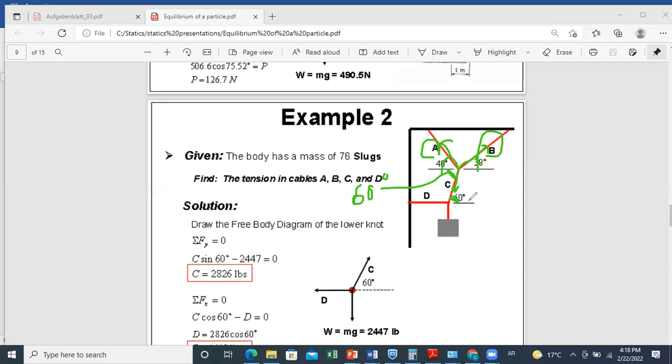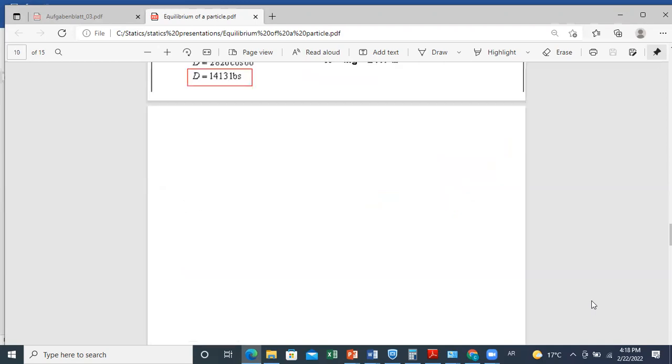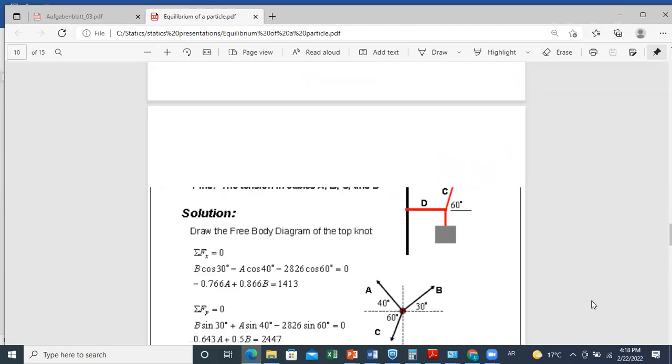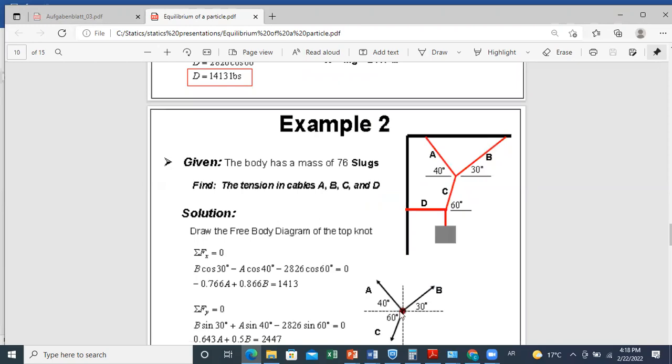So let us do the projections together. This is the figure of the free body diagram. So always you should represent first your free body diagram. You represent the free body diagram of this point, showing